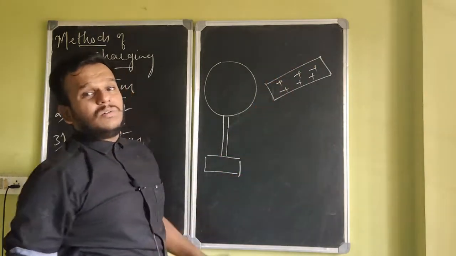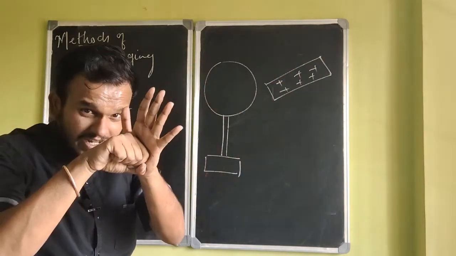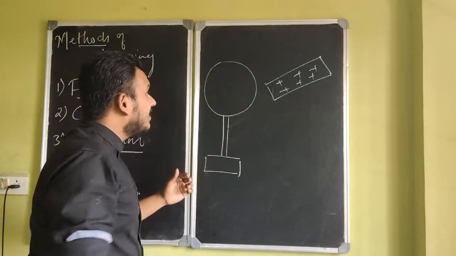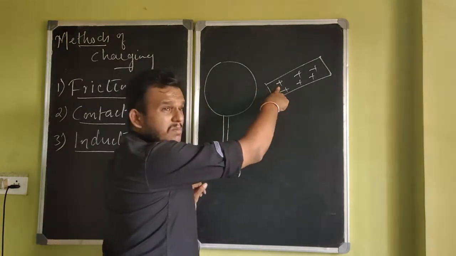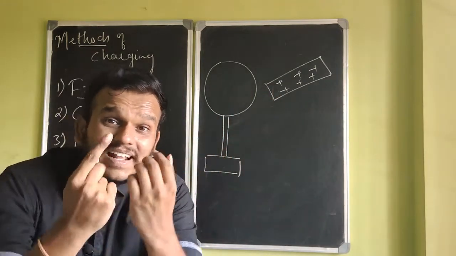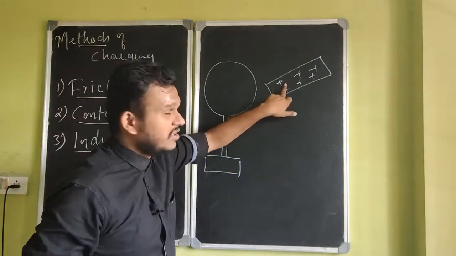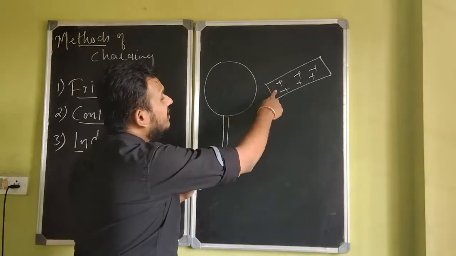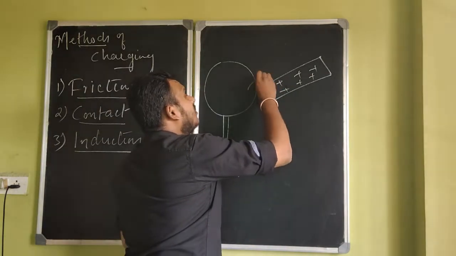Basically touch this object. When that happens, this being positively charged means this object lacks electrons. There are fewer electrons than protons. So what will happen when you bring this in contact with this is, electrons will start moving